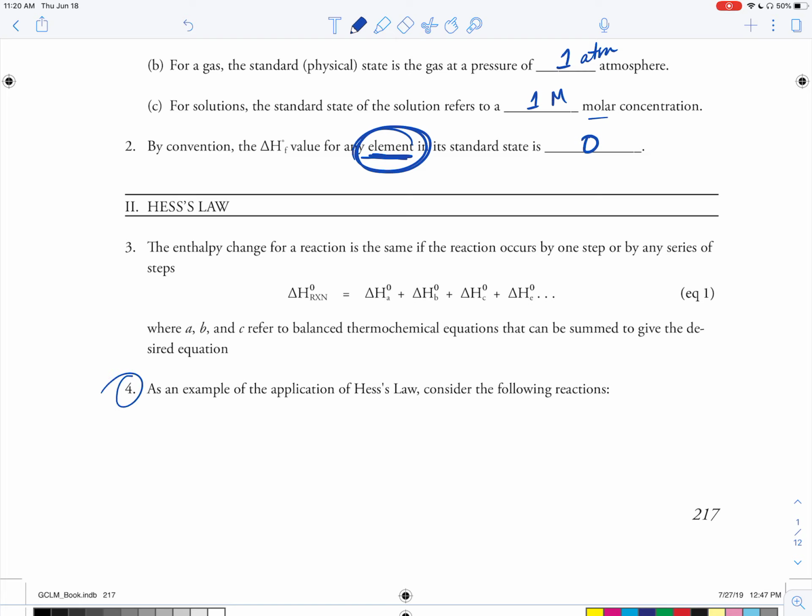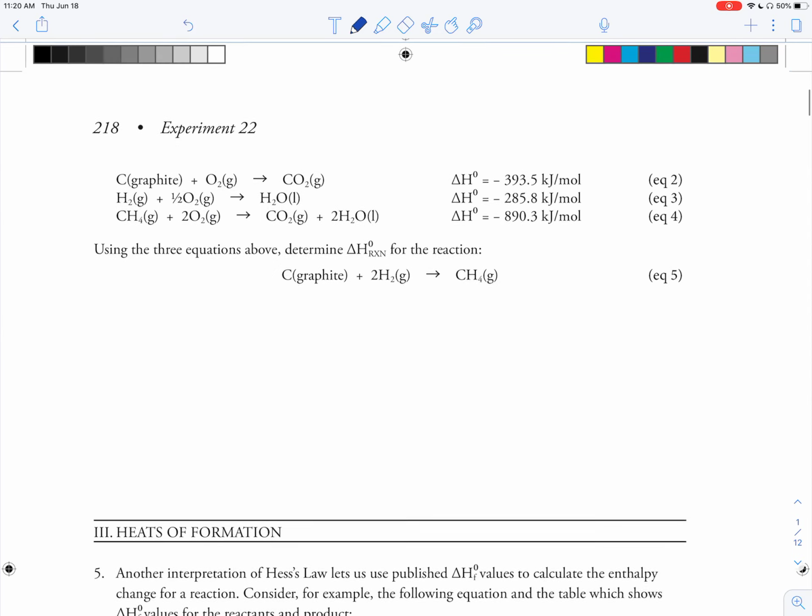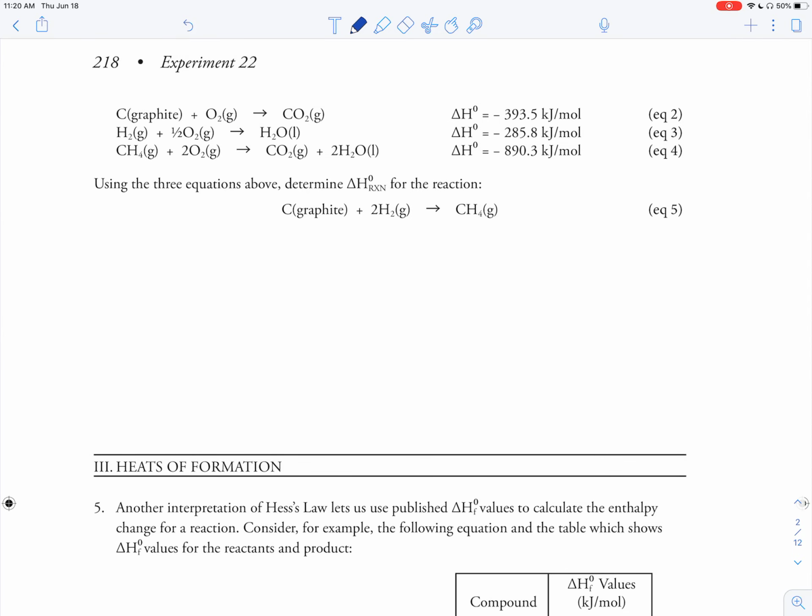So for problem number 4, as an example, we're going to use Hess's law to consider the following reaction. We want to figure out the delta H naught for this reaction here, but you're only given the information from these 3 reactions in order to determine it. And so the way that we do this is